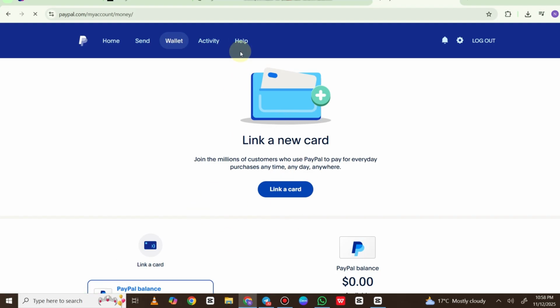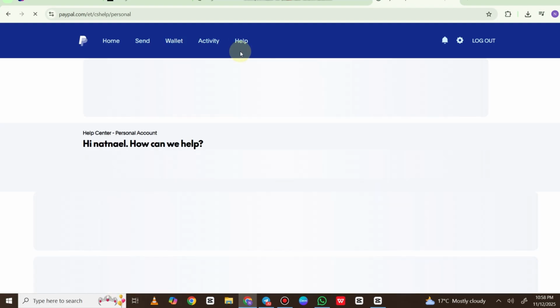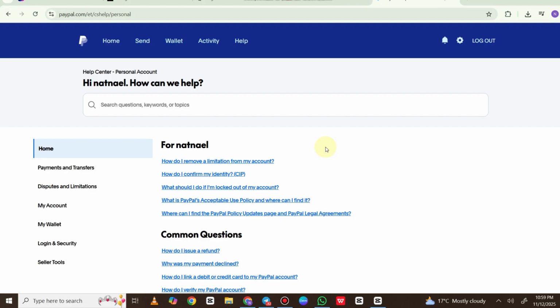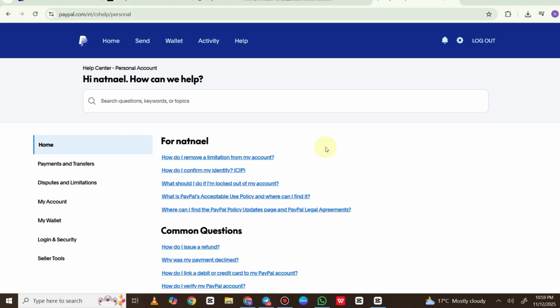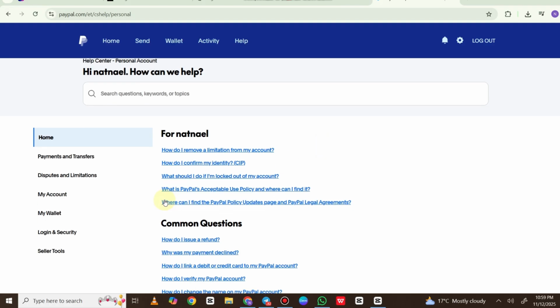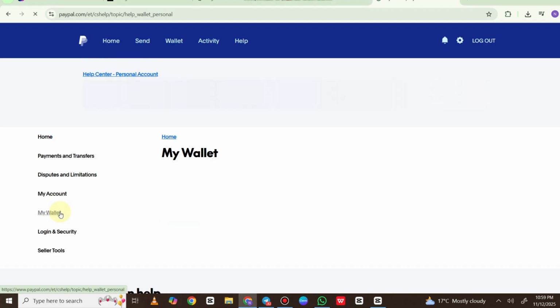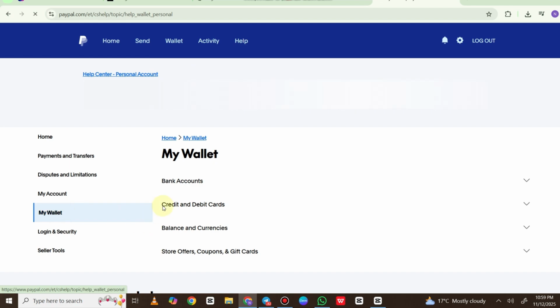To get help, click on the Help option in your PayPal dashboard. It's an excellent resource filled with helpful guides. From there, go to My Wallet and select Bank Accounts for more targeted assistance. Now, look for the topic titled, "Why Can't I Link a Bank Account to My PayPal Account?" Click on it. This section will show you the most common causes of linking errors and how to fix them